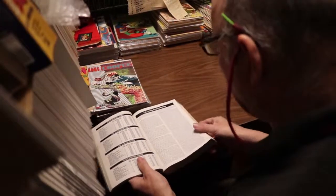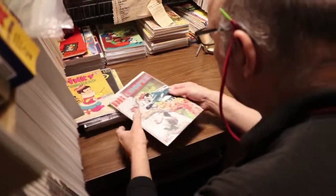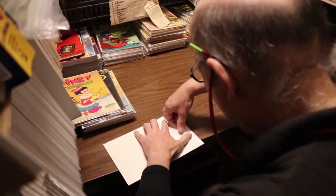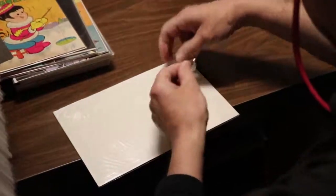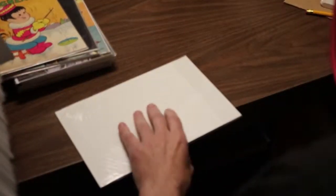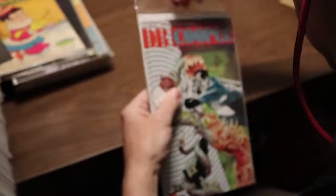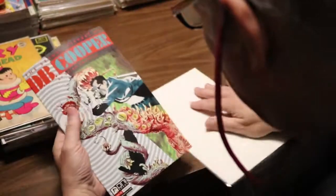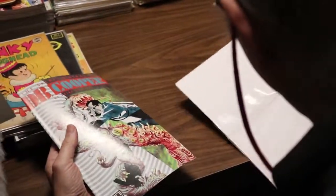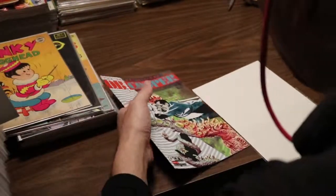So what happens in the library is we're trying to keep track of when a book was produced, who did it, where they were from, and dates and numbers. So this is The Secret History of D.B. Cooper. You can look up D.B. Cooper, CIA agent who stole a bunch of money and never got caught. So